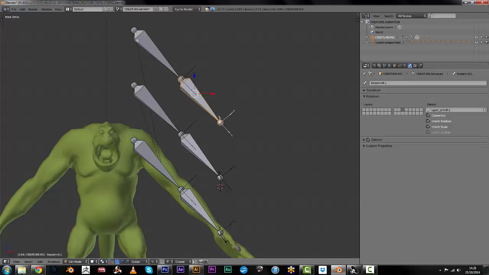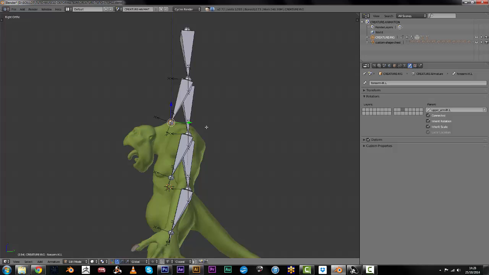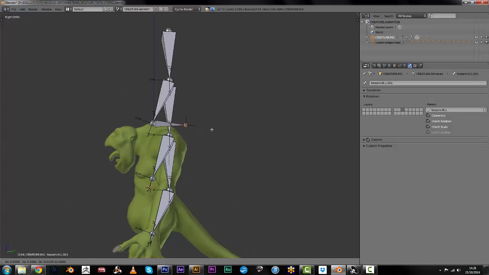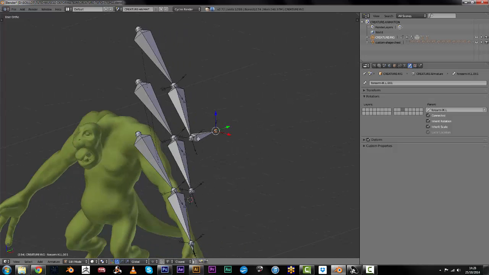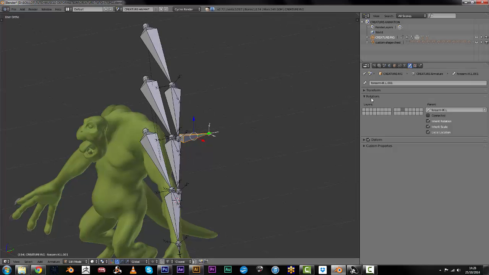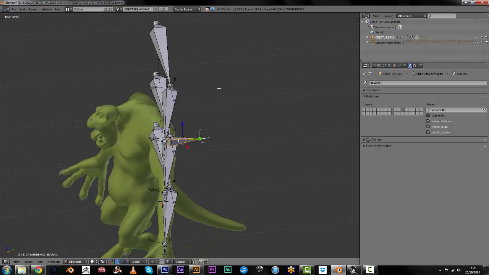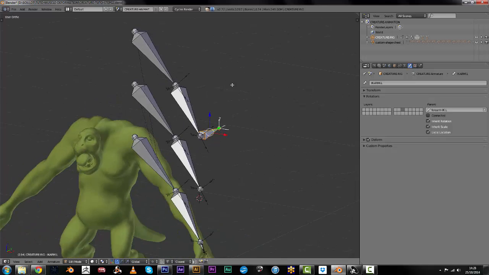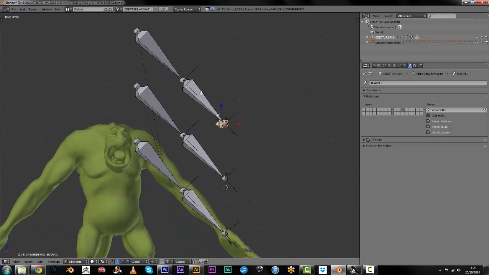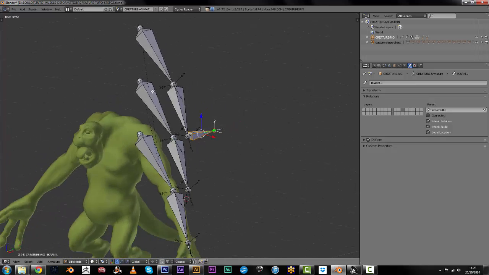First, let's create the IK. So we need an IK bone here. So I've just extruded this bone. We need to unconnect it. Alt P, disconnect the bone. Okay. Name it IK arm.l. Okay. And we also need to create a pole target to be able to change the direction of this